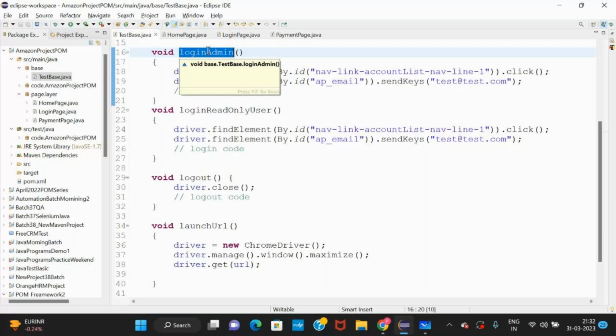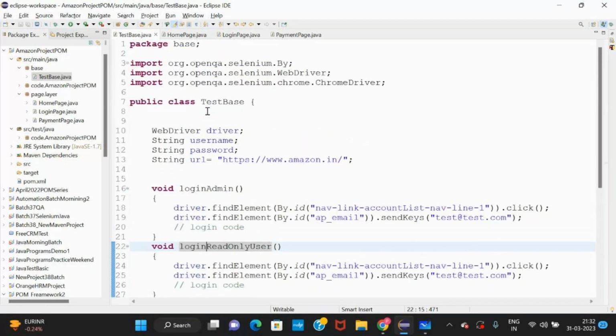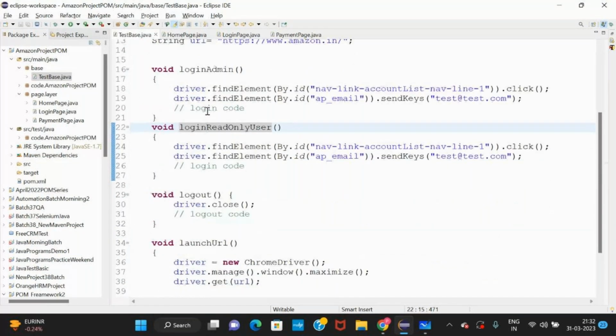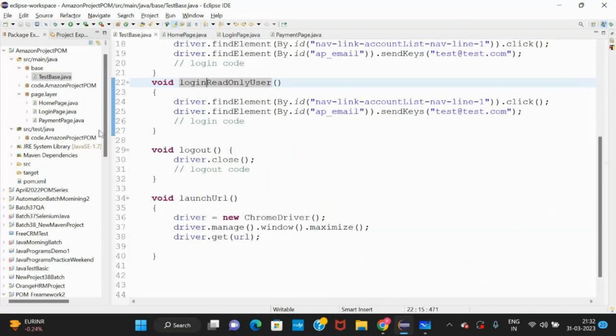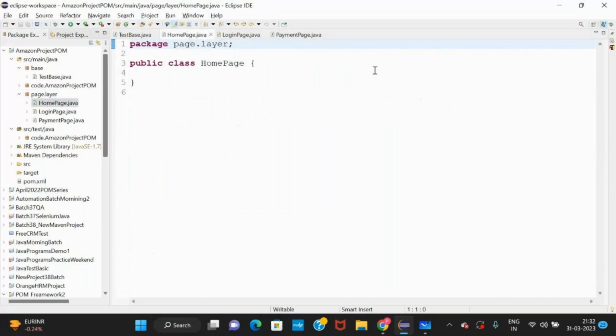No one will be perfect; some things we have to ask others. Fine, everyone should remember the naming convention. Now this page layer is clear. In the page layer we have pages. The pages are clear.